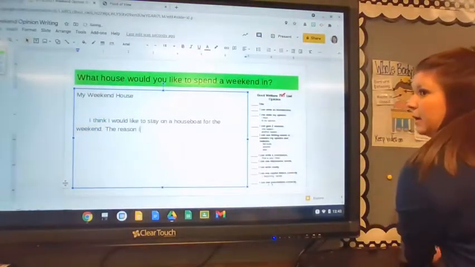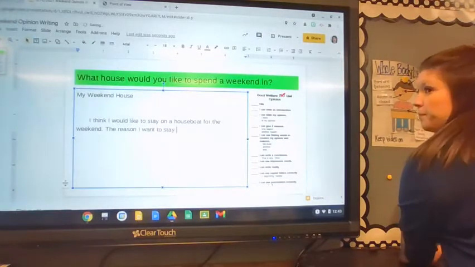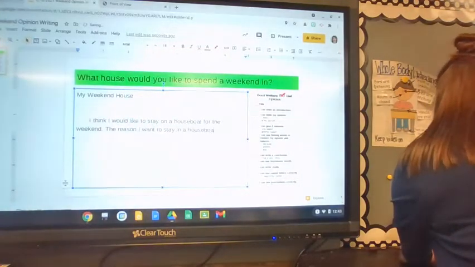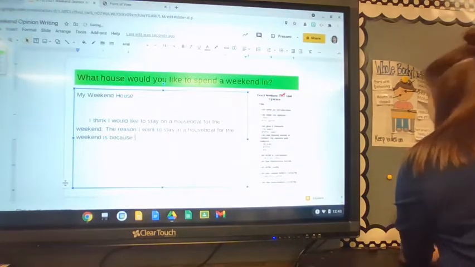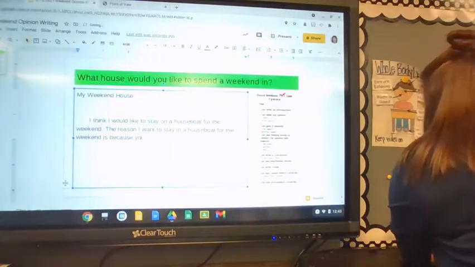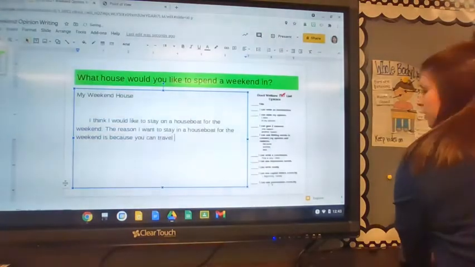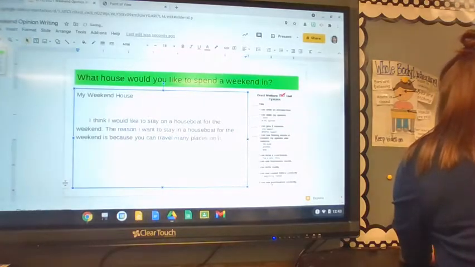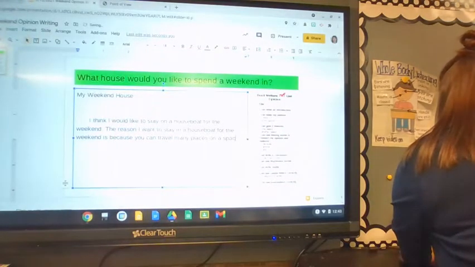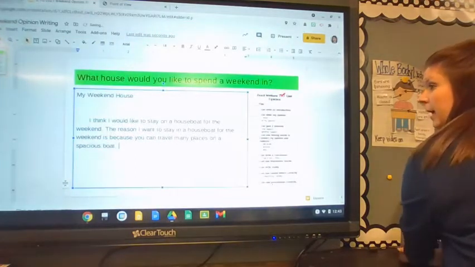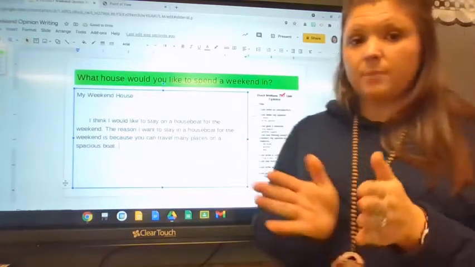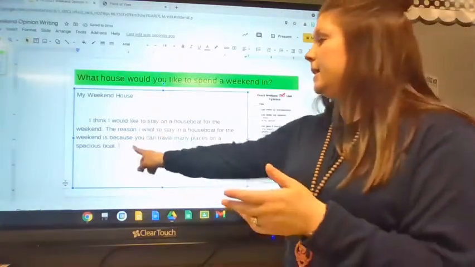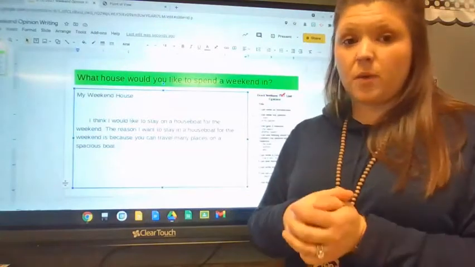The reason I want to stay in a houseboat for the weekend is because you can travel many places on a spacious boat. Okay? I'm going to hit the space bar. I'm not hitting enter. I did end my sentence with punctuation.